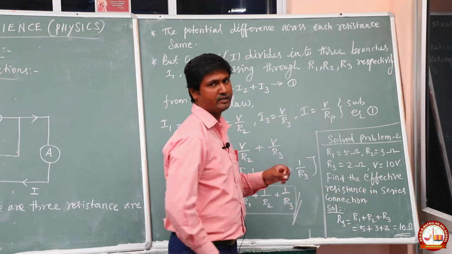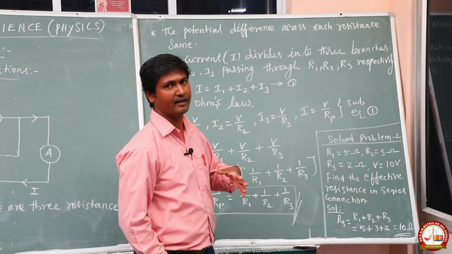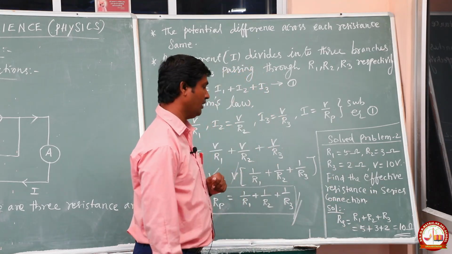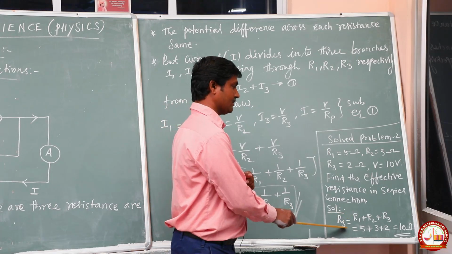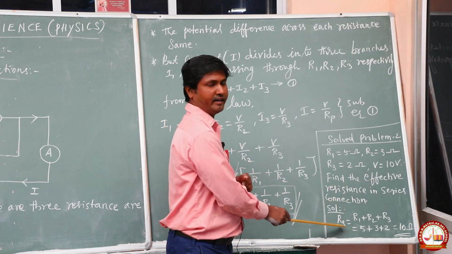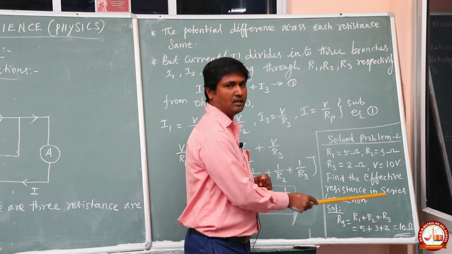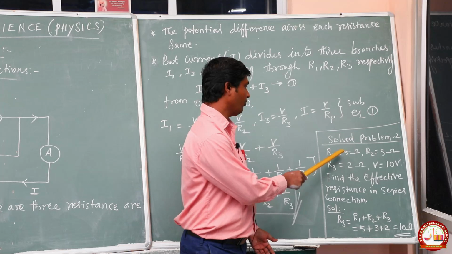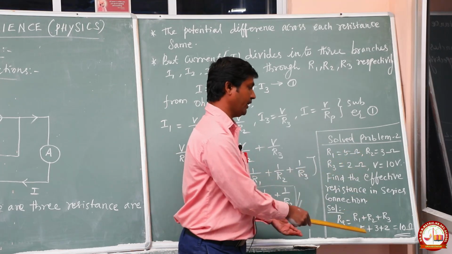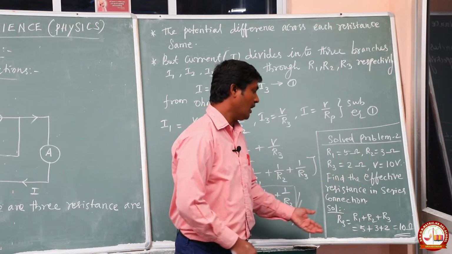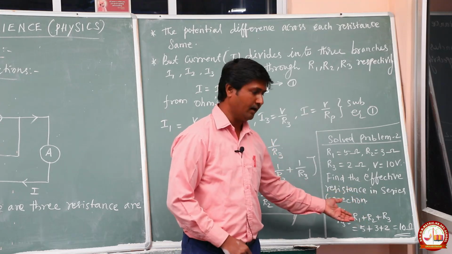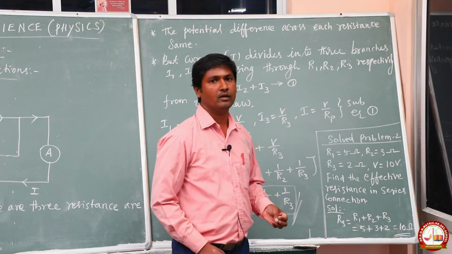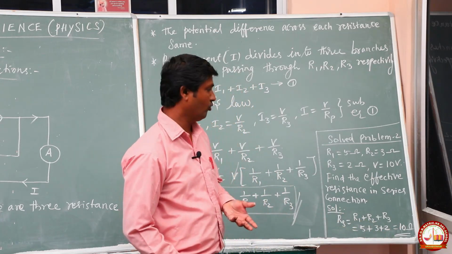Very important, note these questions: serial connection or parallel connection. This question is serial connection. Go to the serial connection formula. So the formula is RS, this is the effective resistance symbol. RS is equal to R1 plus R2 plus R3. Put in all values, R1 value 5 plus R2 value 3 plus R3 value 2. Adding all values, the value is 10 with unit ohm. So 10 ohm is the answer.